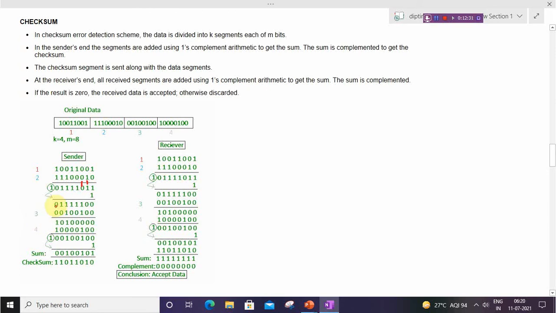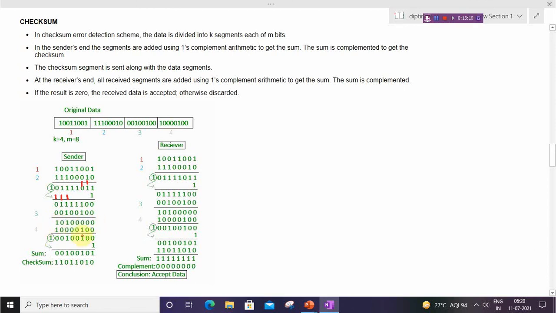Then the third data unit is added to this. Then 0 0 0, 0 0 0, here 1 plus 1 is 10, then 0, again 1 plus 1, then 0 here, again carry 1, 1 plus 1 is 10, then 0. Here it will be three 1s, which means 11, then 1 here, again carry 1, then 1 plus 1 is 10, 0 here, again 1 0 0 means 1. So this is the result.